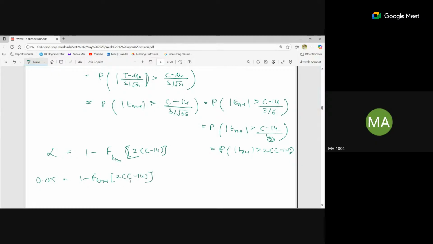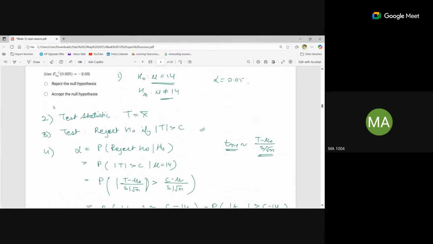Now, I have to find out this C value. So F T n minus 1, 2 into C minus 14 will be 1 minus 0.05, which is 0.95. Now, this will be 2 into C minus 14, F inverse of 0.95 for T. What is my degree of freedom here? N minus 1, right? N is 36, so this will be 35. Now, according to the value that they have,